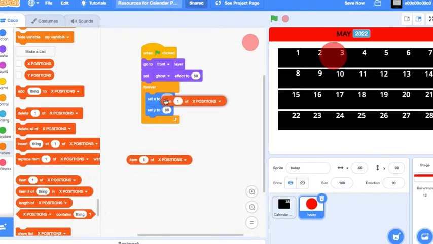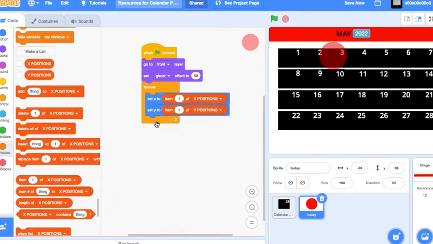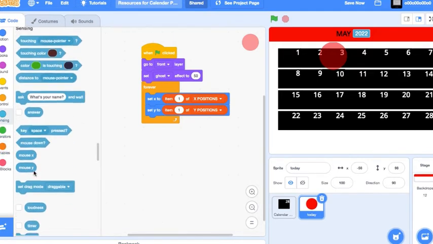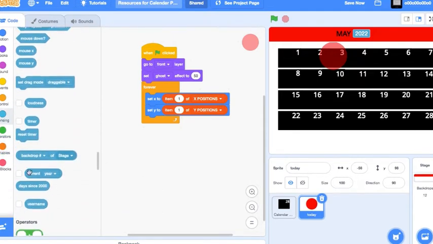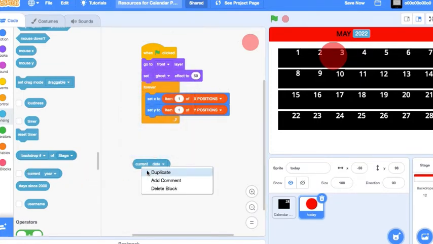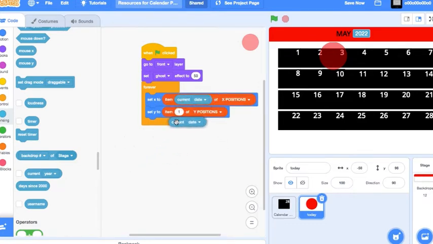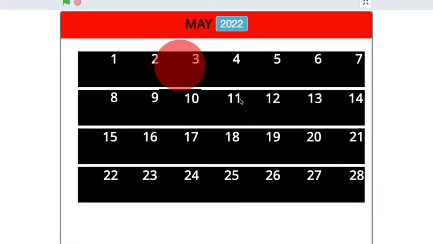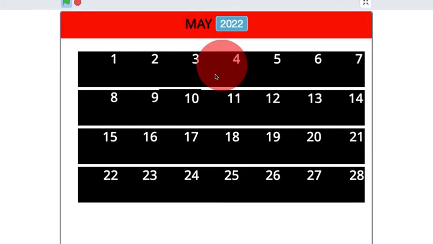So this is for x positions, and let's just change this to y positions. Now let's go to the sensing, and let's bring out a current date. So now we'll just have the item current date of y positions, and it'll immediately go to the place. So like today's date is the 4th of May, so if I start it, it went to the 4th.